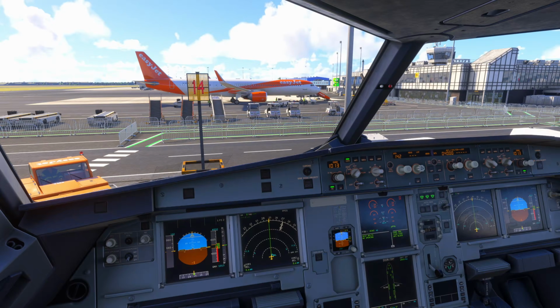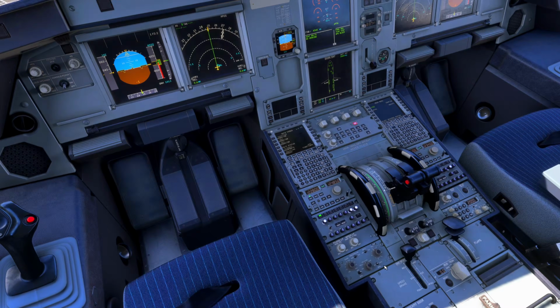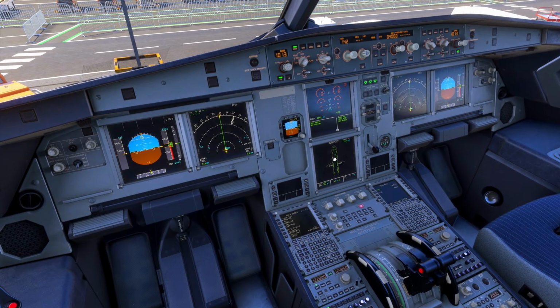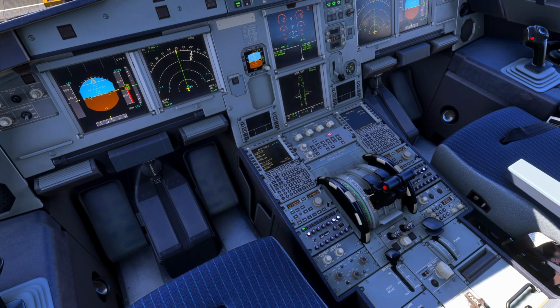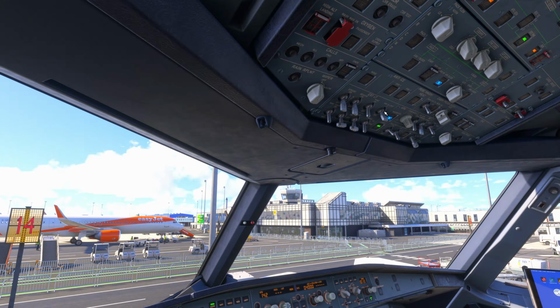So we've just pulled onto stand here at Belfast, and we're doing our parking checks. Radar and predictive wind shear system is off. Parking brake is set, and that's checked on ECAM and accumulator pressure. The engines we've already selected to off. Exterior lights are off, everything except the nav lights for the turnaround, so they stay on